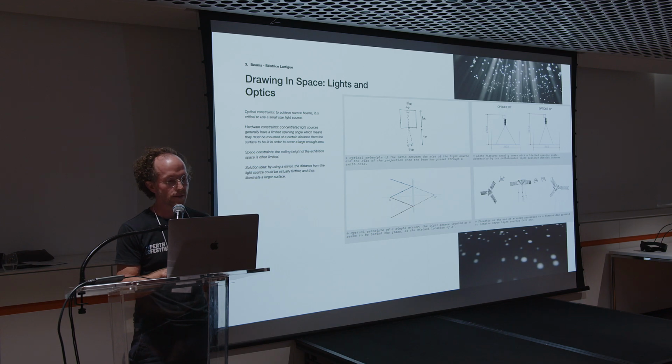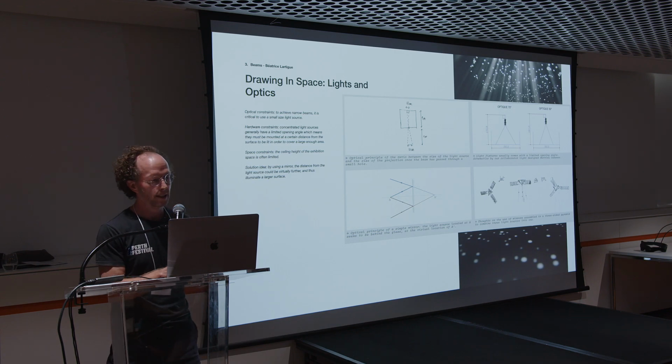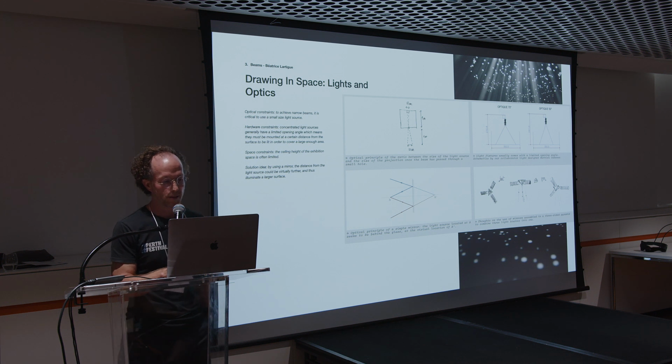So, what do we need to know here? From physics, one formula that is useful for understanding how light travels through space is the law of reflection. And it comes into play in this project. So the angle at which a light strikes a surface, the angle of incidence, is equal to the angle at which light bounces off, the angle of reflection.